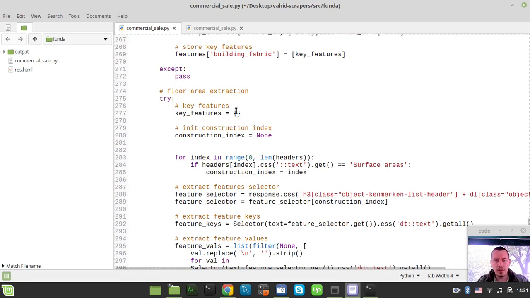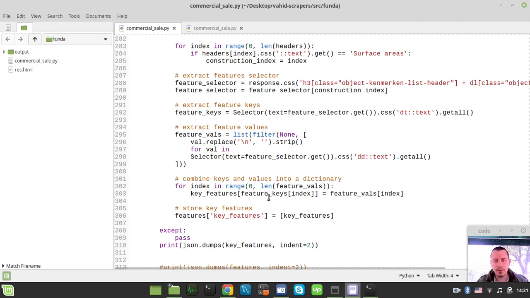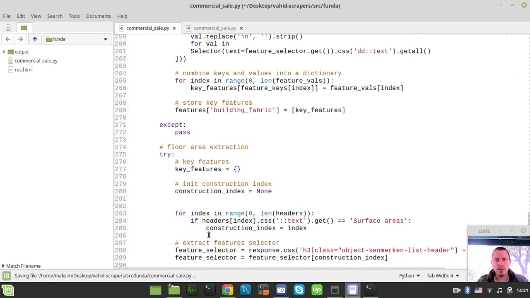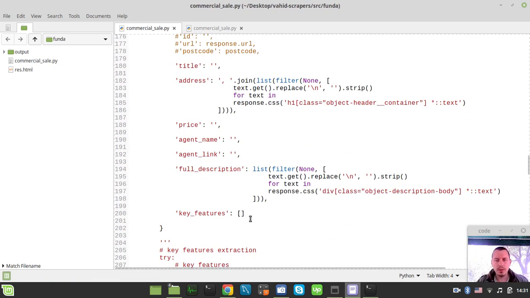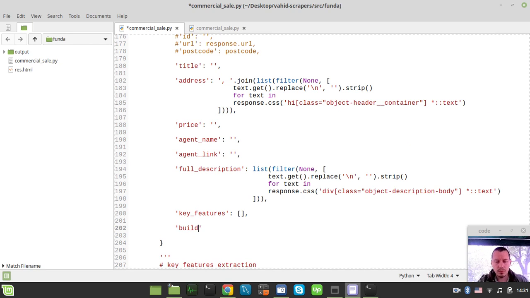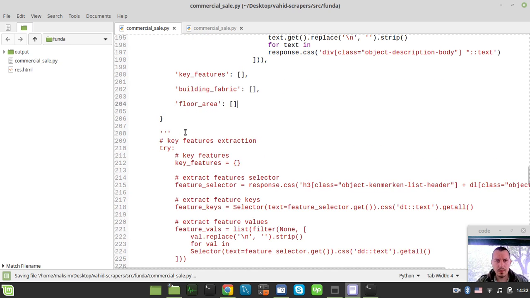Okay, so floor area would be the surface area here and here, like floor area, and okay, also I need to add building fabric and floor area and